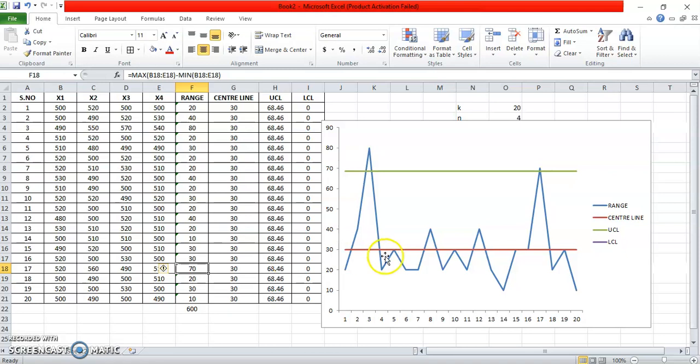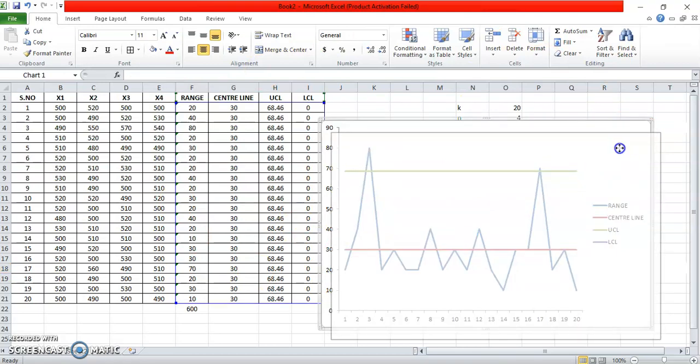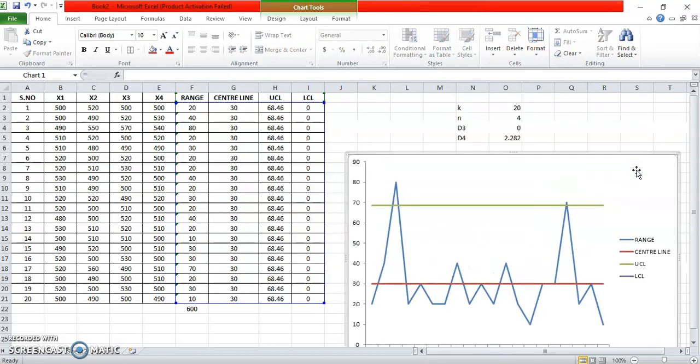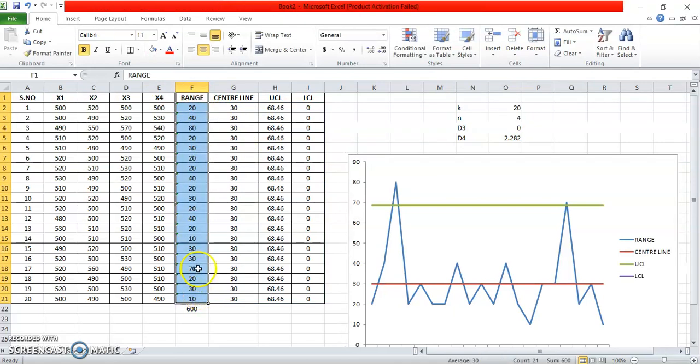In the next video we will discuss how we are going to eliminate these 2 out of control sample points. I hope this session has been clear to you. It is just the same way we prepared a control chart for X bar. The only difference is that here we are taking range as the sample reference against which we try to understand whether the control limits are able to identify any sample which is out of control or not.